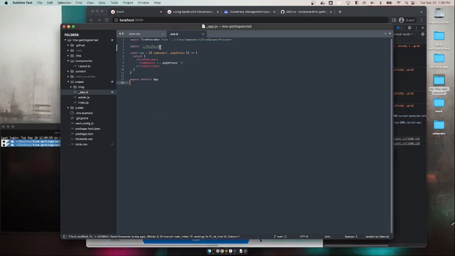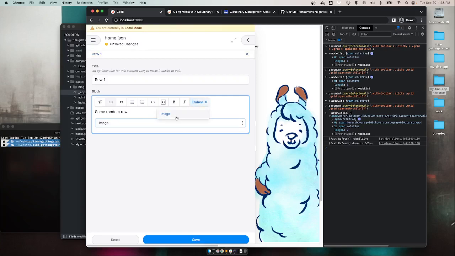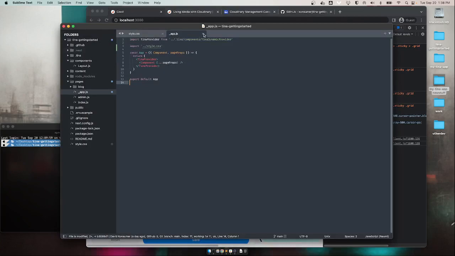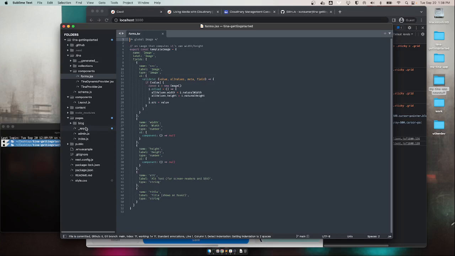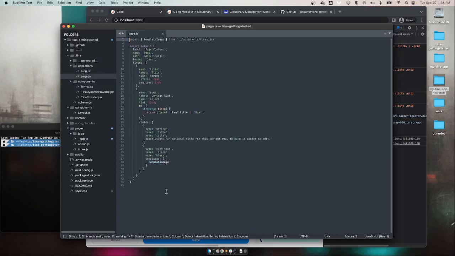The second thing is I kind of brushed over adding more types of rich text editor embeds, but I didn't really talk about the specifics of that or what that really means. So let's do that. Let's add one more. You'll remember here I added in components, I added this template image, and then I put that in my collection, which is in here. I put it right there. Well, I want to add a tweet embed. So I want users to be able to embed a tweet. So template tweet, and then let's put that in here as well,